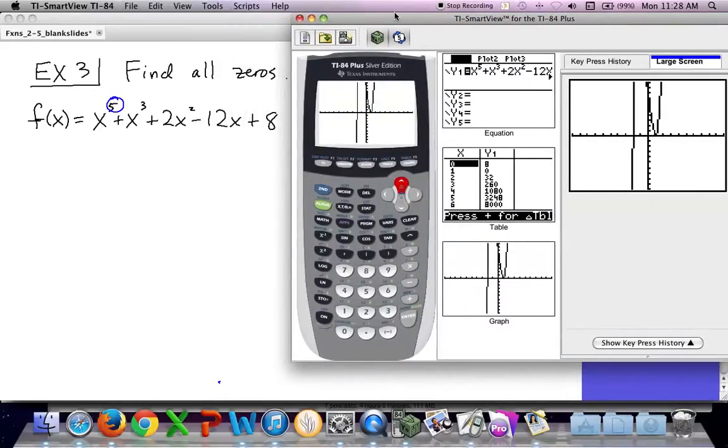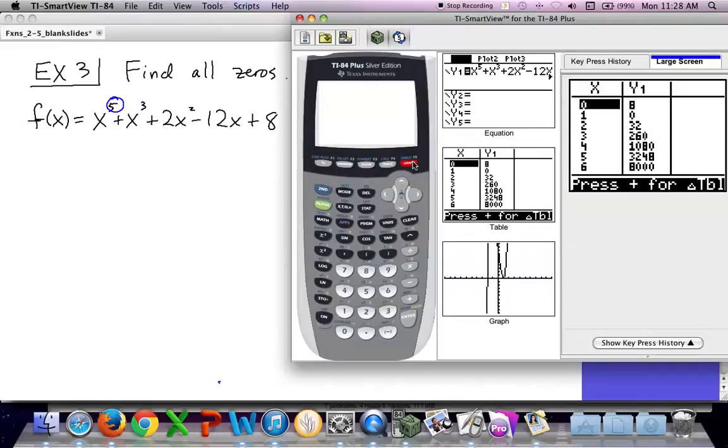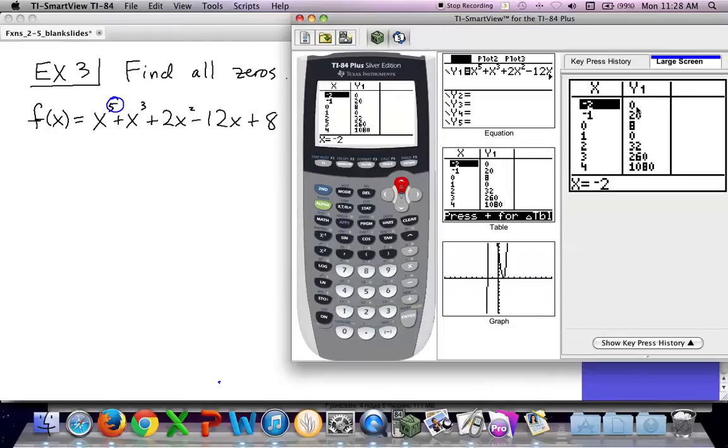And you can see here, if you can follow the cursor, there looks like there's a 0 at -2. There looks like there's a 0 at 1. And I can confirm that by looking in the table of values. Right? At x equals -2, y equals 0. At x equals 1, y equals 0. But more than that,